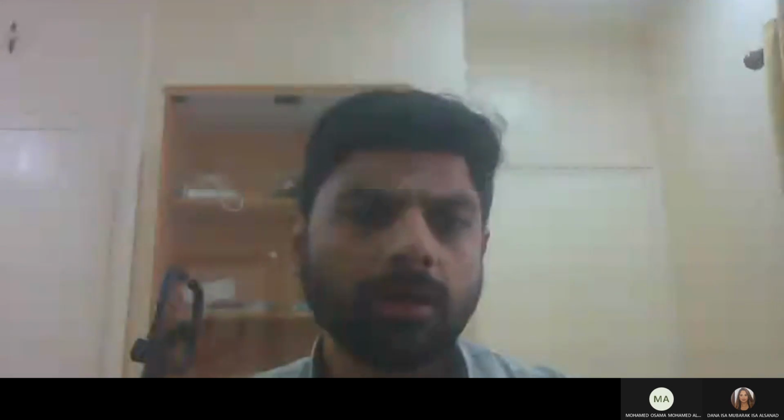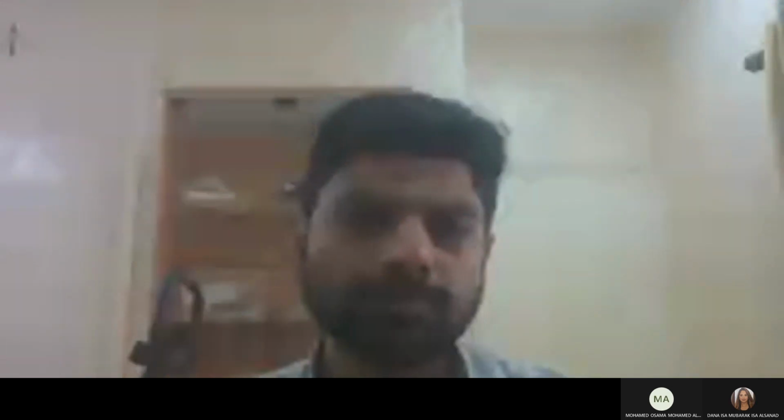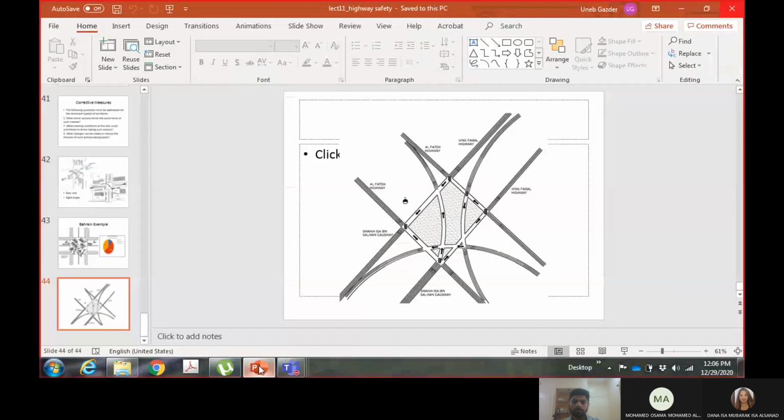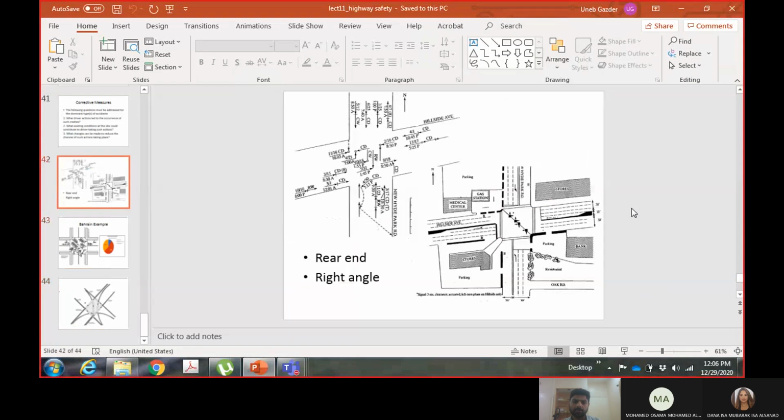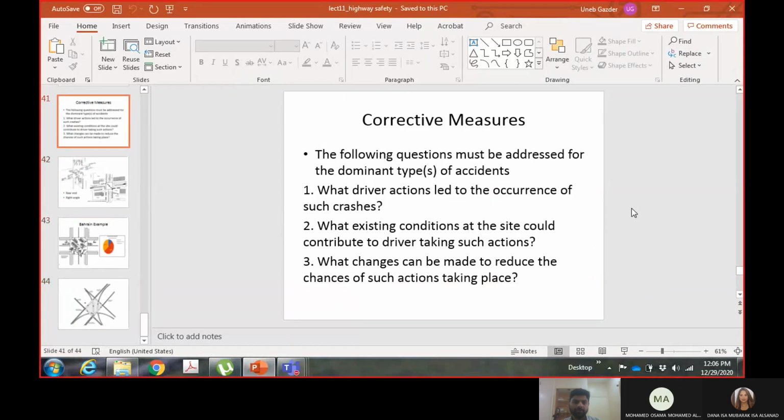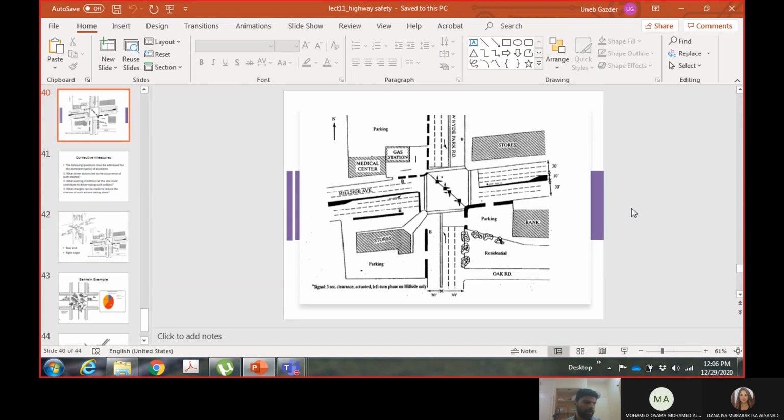And we were doing highway safety analysis. What we have done up till now is, we're looking at the different strategies for highway safety. We looked at the process, and then we said how can you select a high crash location, and when you select the high crash location, you want to apply some countermeasures. Then how would you check before and after whether you have achieved a significant change or not.